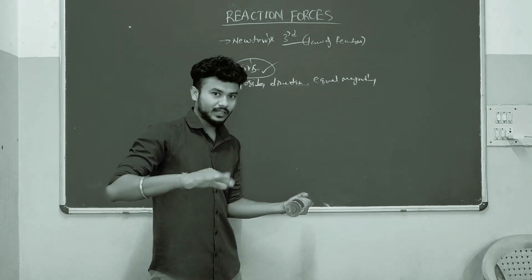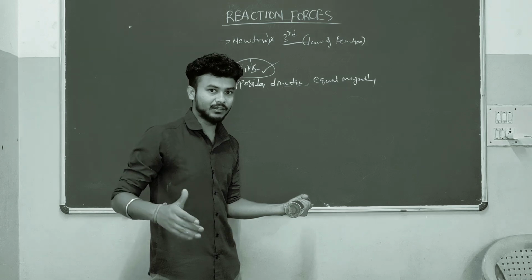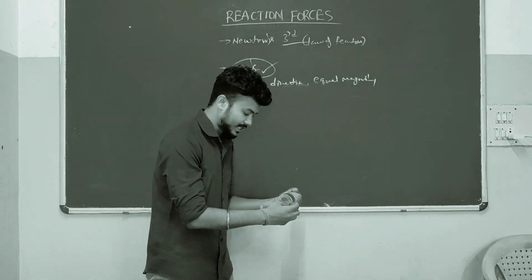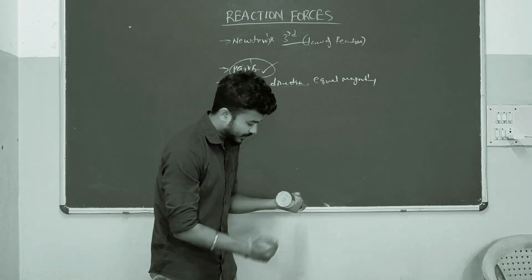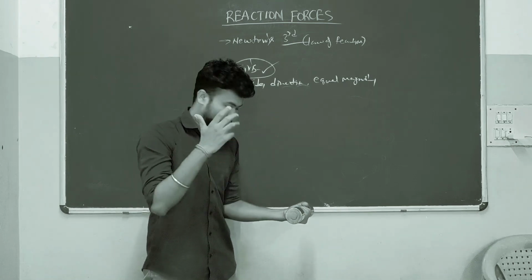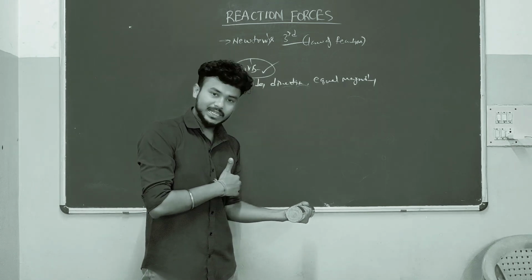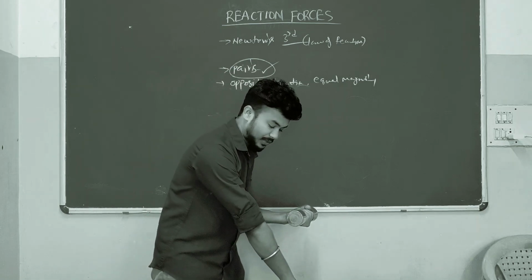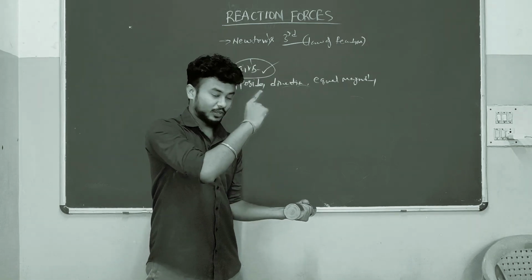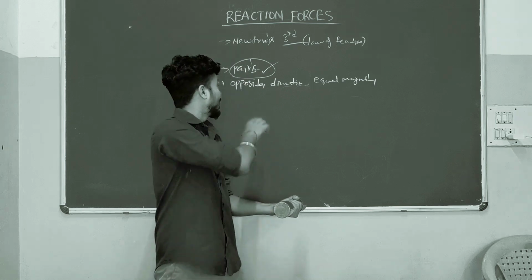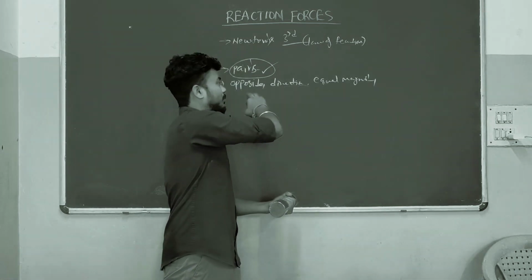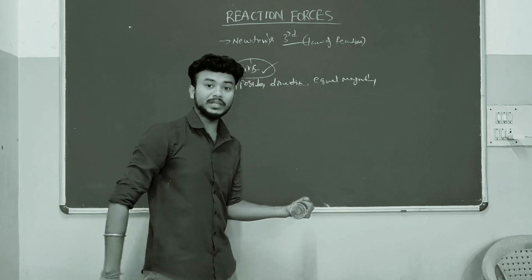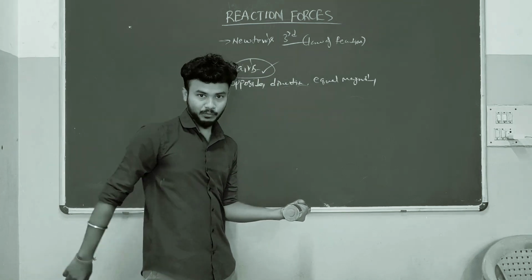Now the forces are clear. Now we are coming to the first law. The first law is equilibrium. These two forces we get here: one is downward because of this dumbbell, and one is upward because of my biceps muscle. If these two forces are equal in magnitude and opposite in direction, the sum of these two forces will become zero. The object will be in equilibrium in this same position.